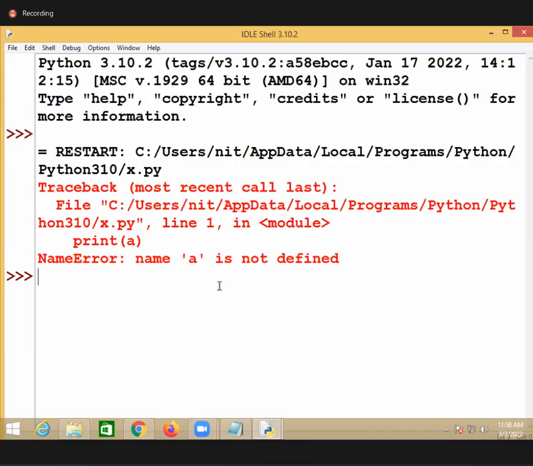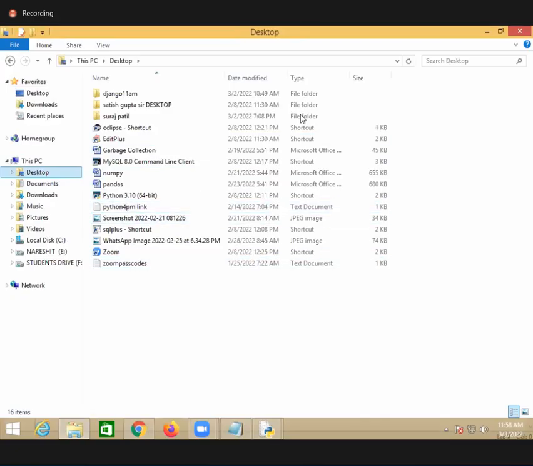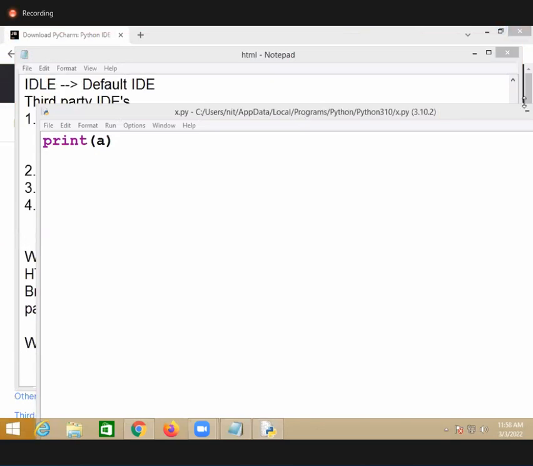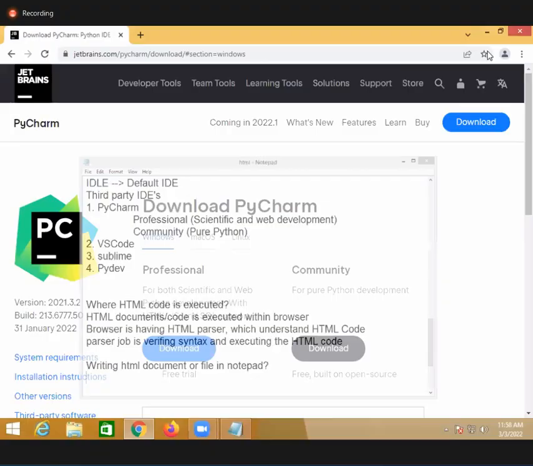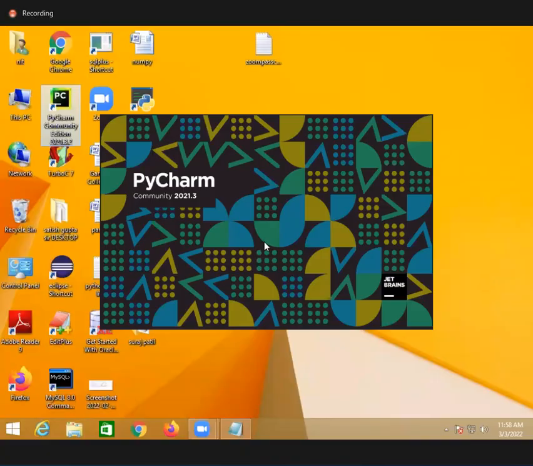Suppose once you are familiar with Python, where will I move to? PyCharm. Once I'm familiar with Python, what will I do? I'll just move into PyCharm. In PyCharm, what will happen? If I'm working with PyCharm, what will happen? Suppose this is PyCharm, right? PyCharm is also a Python editor. IDLE is a Python editor. PyCharm is also a Python editor. Once they move to PyCharm,